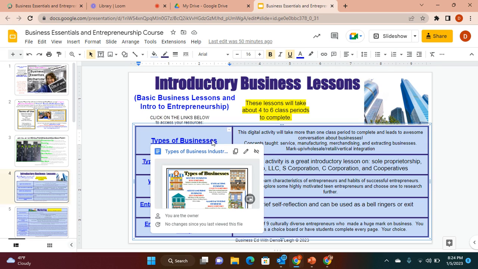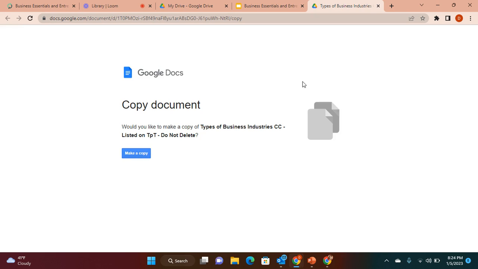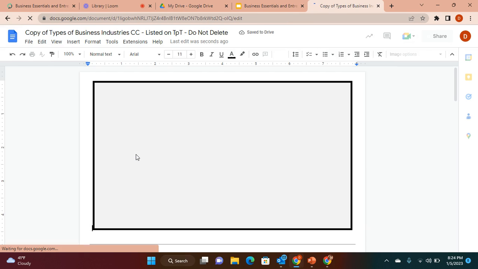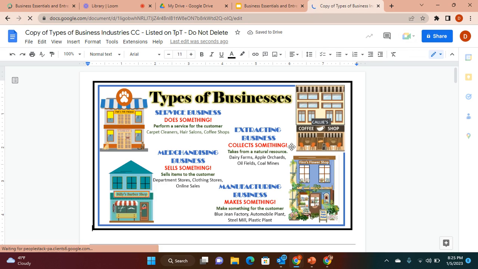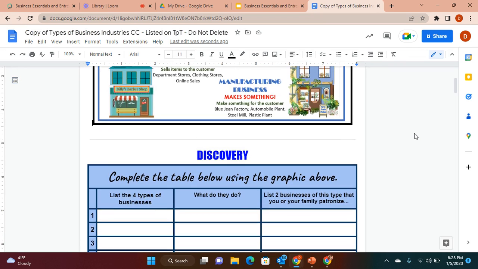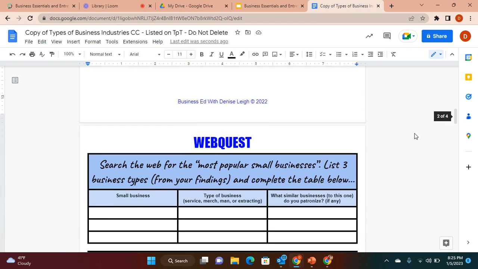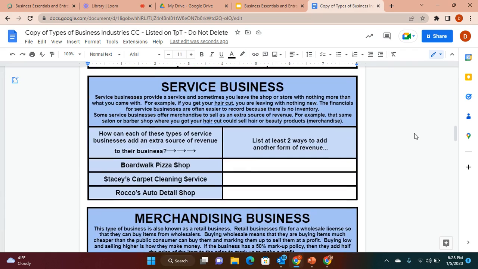You simply click on the link and you are forced a copy of each of the resources. Once you have your copy loaded, this particular one is on types of businesses, as far as service, extracting, manufacturing. There are no PowerPoints in this resource as they are not needed. All of the information is either embedded links in all of these resources, and they are flattened, so students cannot